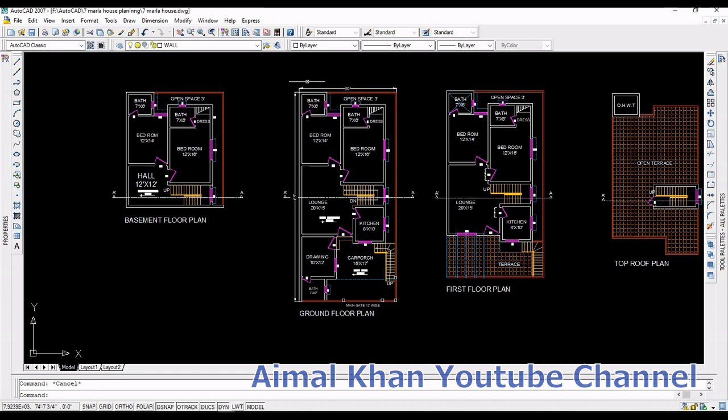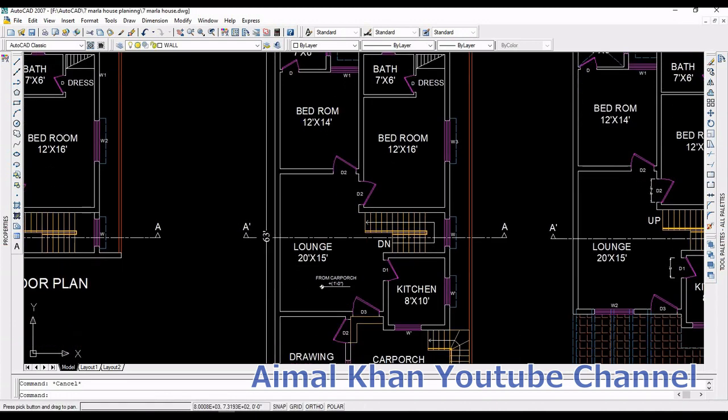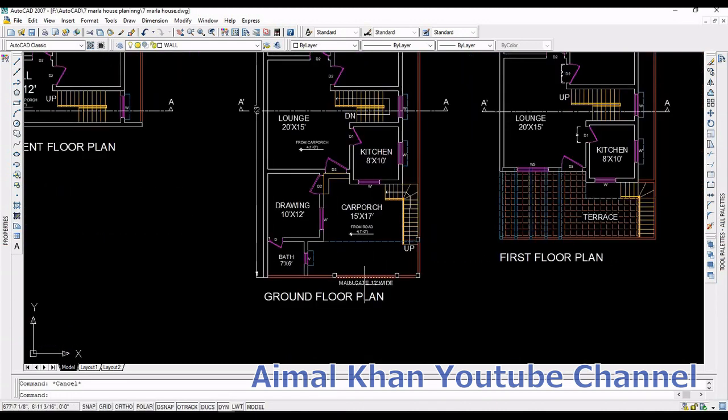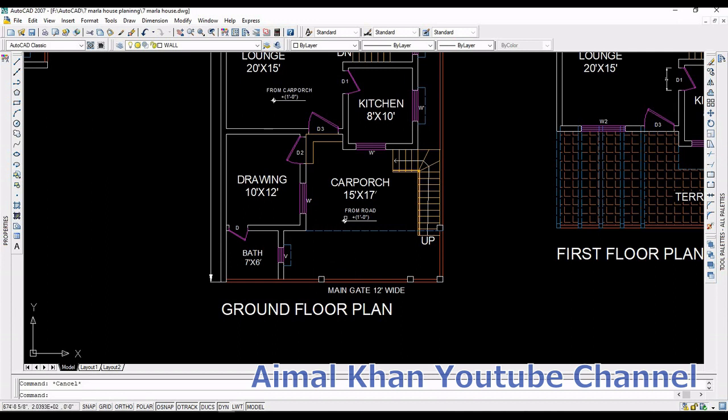Here is a very specified plan. You can see here how beautifully it is drawn. So here, let me start from the main gate. We have a main gate which is 12 feet wide, and after that here is a car porch which is 15 by 17 feet, and here is a double car porch which is 15 by 17 feet. So here you can see a drawing room,